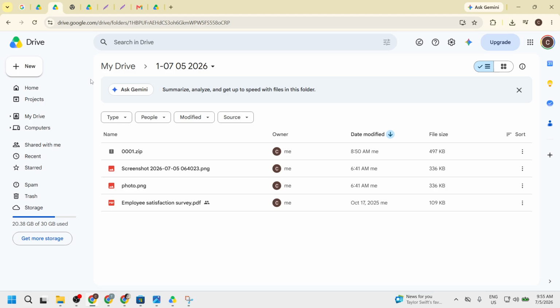After opening the folder, look up at your browser's address bar at the top of the screen. This bar displays the URL for the page you are currently on. It is crucial to pay attention to this area, as it contains the information you need. The address bar serves as a direct link to the folder, and understanding its structure will help you locate the folder ID effectively. Next, locate the URL, which will look something like this: